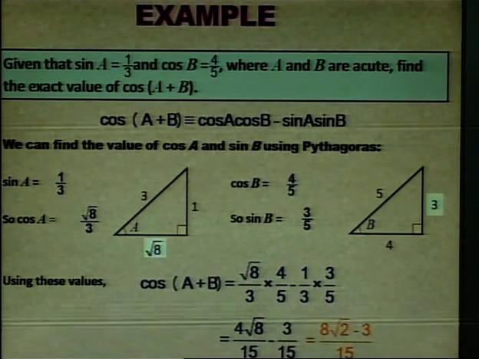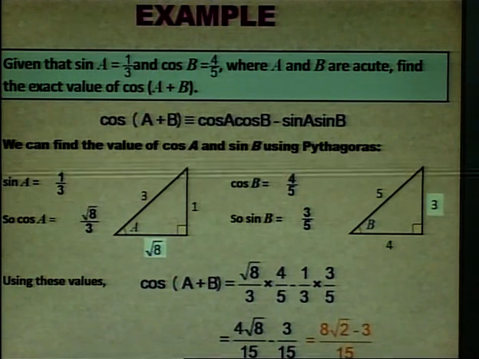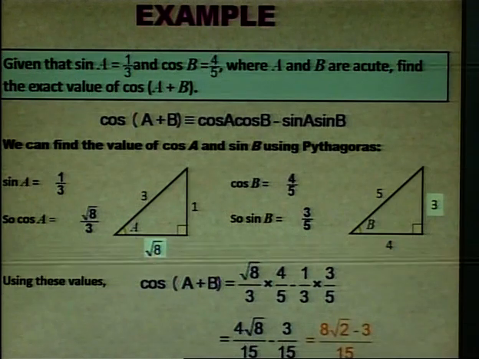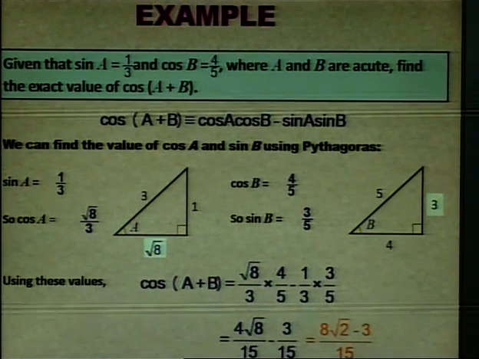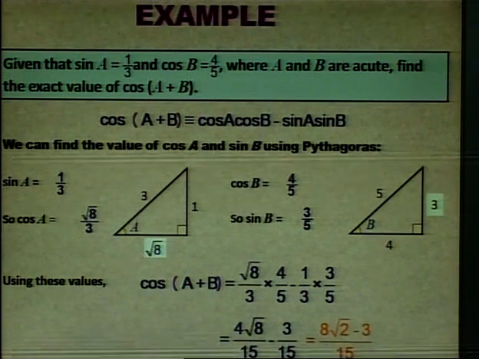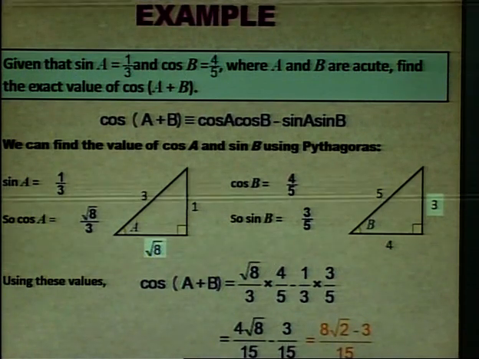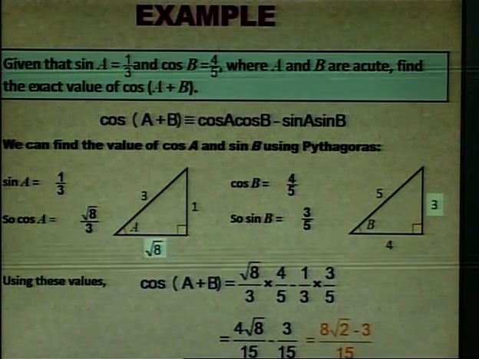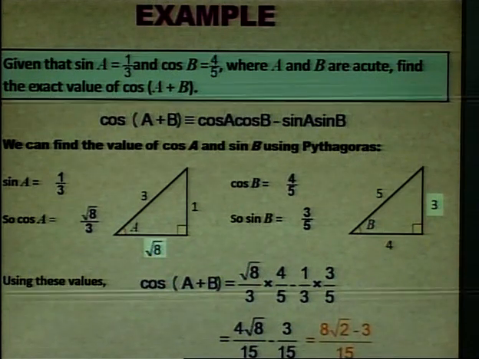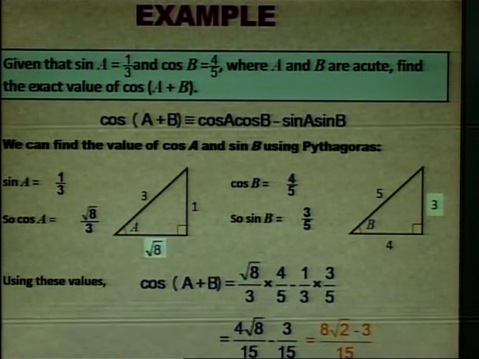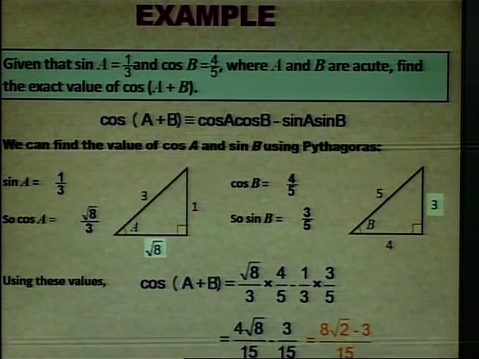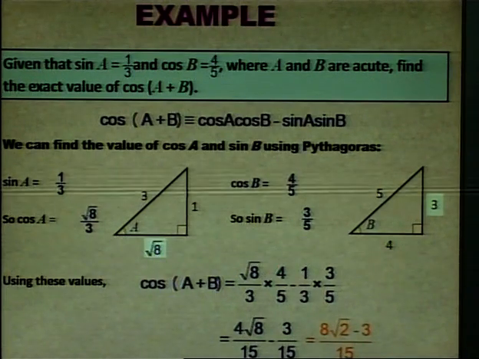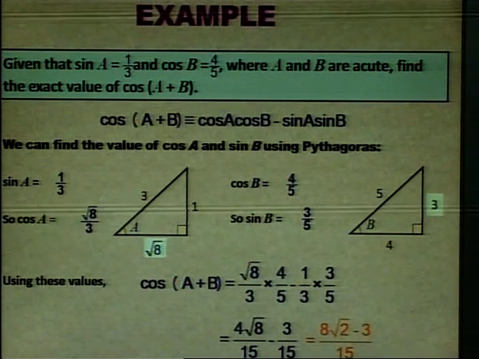can be found out. So, using these values cos of A plus B, that is cos A cos B minus sin A sin B, write down these values. Cos A is square root 8 by 3 and cos B is 4 by 5 minus sin A which is equal to 1 by 3 and sin B that is 3 by 5, and this is equal to 4 square root 8 upon 15 minus 3 upon 15, and that is 8,